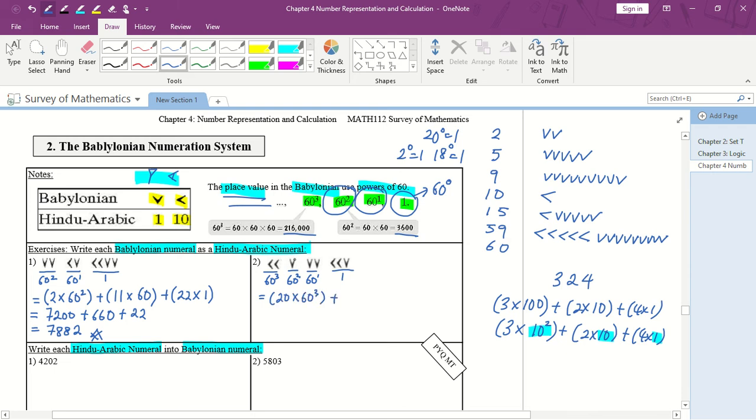And going down, this means that it is 1 times 60 square, and this is going down 2 times, this is 2 times 60, and of course this is left, down, this means that 21 times 1. Okay,